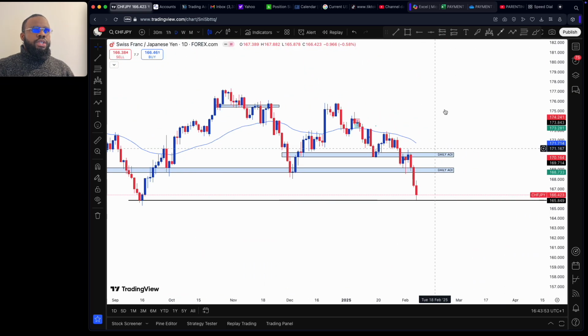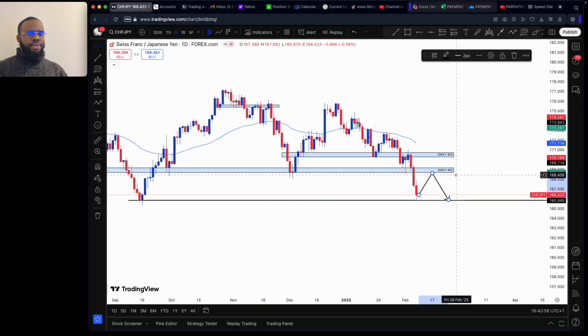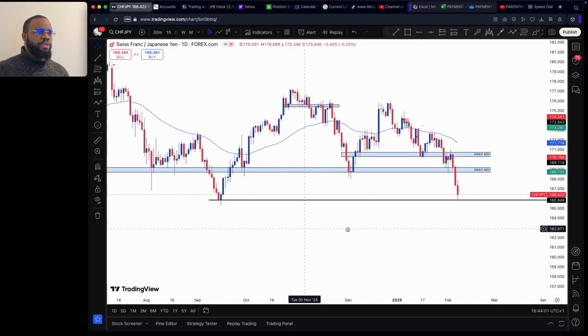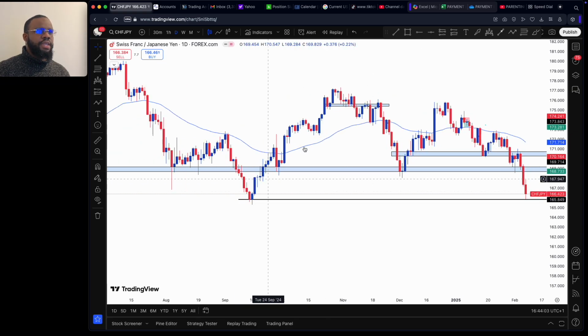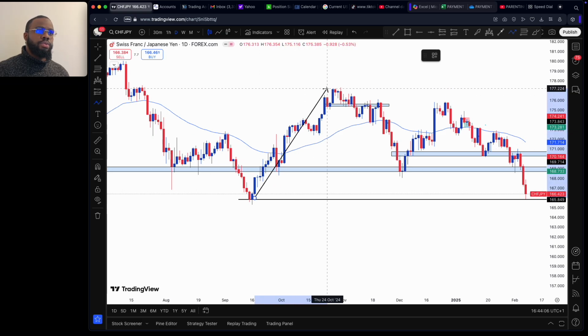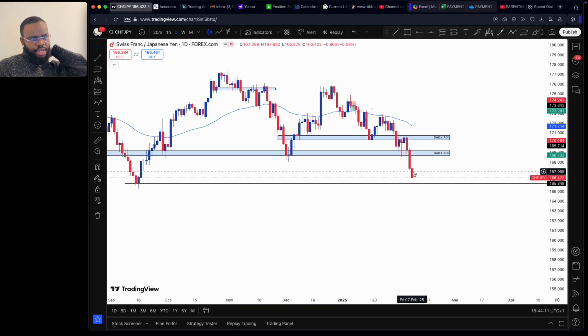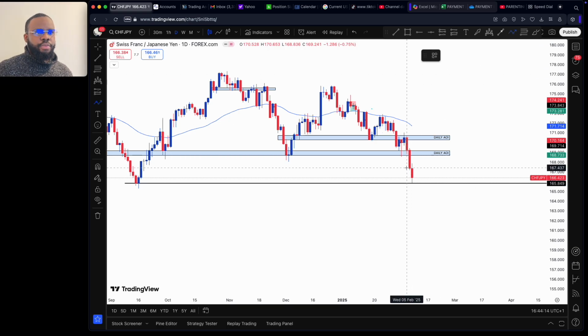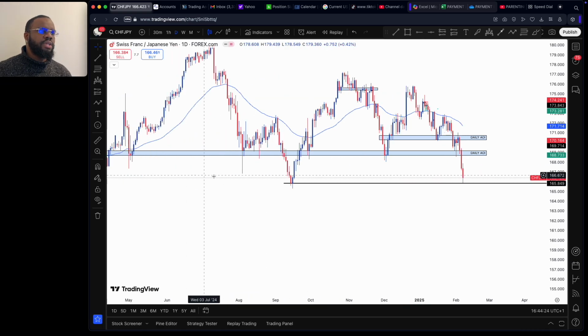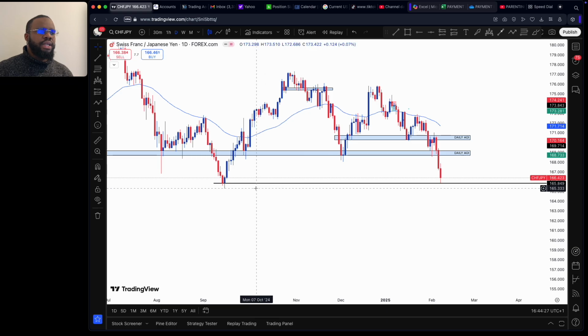I also want to see a pullback to sell, but I will be very conservative on this one, because the last time price came here, it shot all the way up to this place. So if price had retraced maybe from here, I would be very confident to have sold this market down to this place. But for the fact that price has already retested this zone, this very powerful support zone that caused this whole move to the upside,